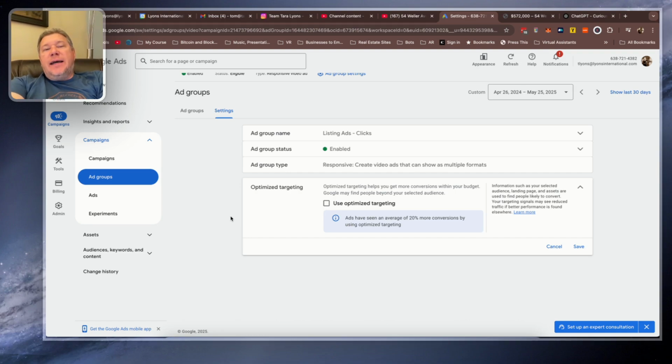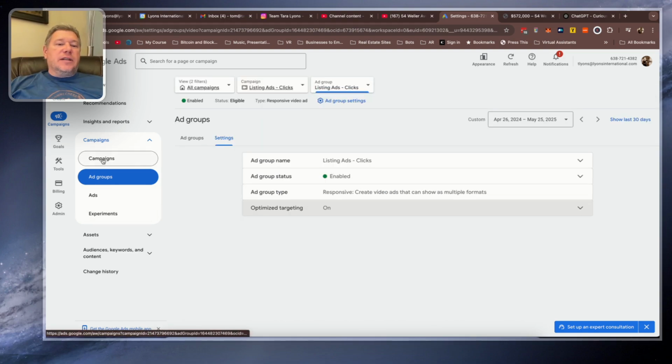So this is why I choose whether I'm putting listing clicks or listing views, why I create ad groups around the behavior that I want. Because if I create it around the behavior I want, not the targeting I necessarily want, then I can optimize targeting using AI, because I'm going to be running multiple ads across a similar behavior. And so the answer to this is yes. Right? And so then let's look at campaign settings.